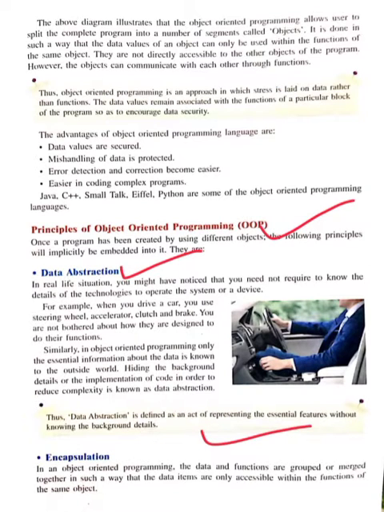For example, if we have to drive a car, then we need to know about the steering wheel, accelerator, clutch and brake, and we need not bother about its design and how the engine works, how the circuits are attached. We need not bother about that. We need to know about only the essential features for driving the car. If we are knowing that, then we can easily drive the car. So we are dealing with the essential features, that is called abstraction.